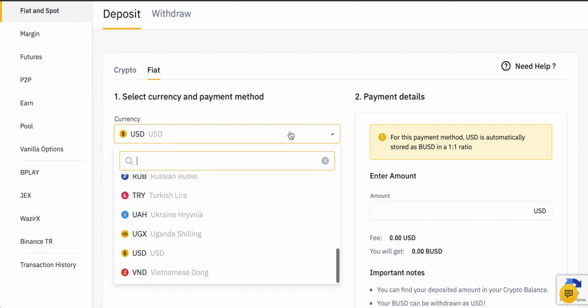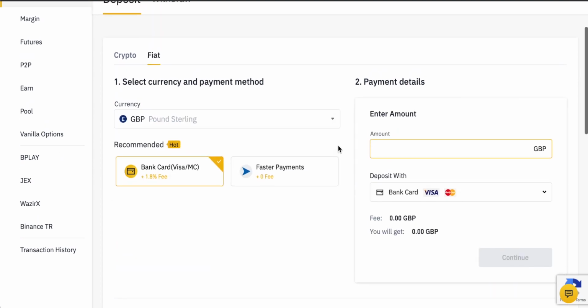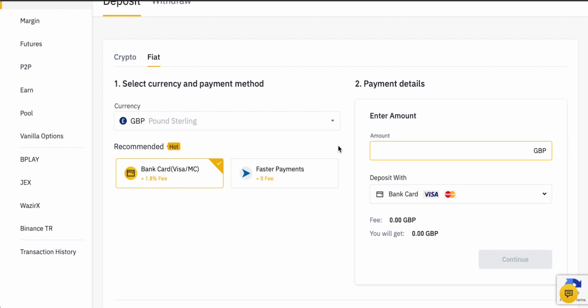If you're using pound sterling, it's a little bit different. So I'm going to just choose pound sterling right here. And you could actually go through and choose pound sterling. And then if you do want to go ahead and trade Ethereum, you could possibly use pound sterling, or you could change that into another stable coin like USDT, BUSD, or BNB, which is Binance Coin.